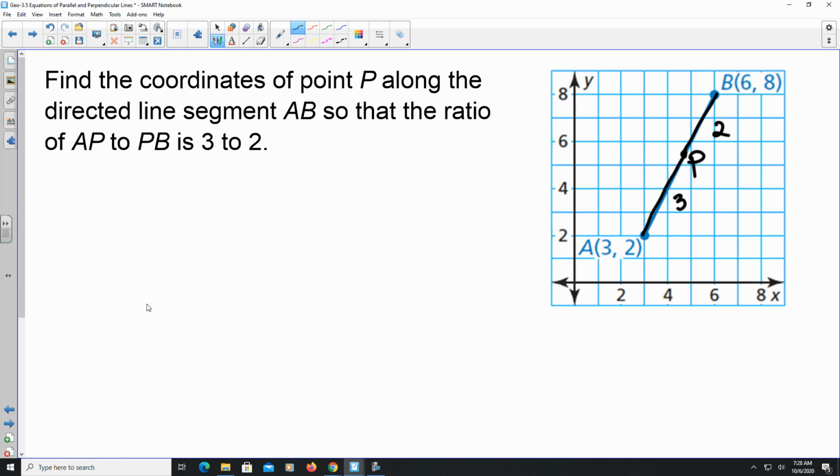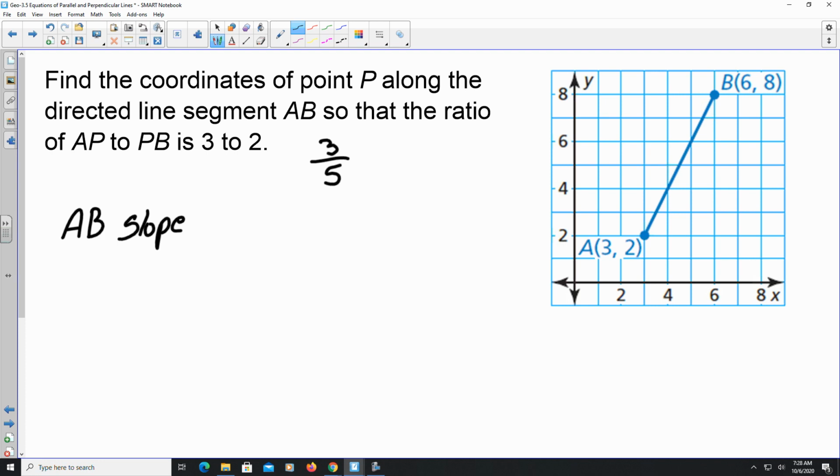So if you notice here, we have 3 and we have 2. You can get an idea that this is sort of like a fraction. I want to use the fraction of A to P, and that fraction is going to be 3 of 5, so it's 3/5, because AP is 3/5 of the value from AB. With that being said, how we find the coordinate of point P is this. First thing we're going to do is find the slope of